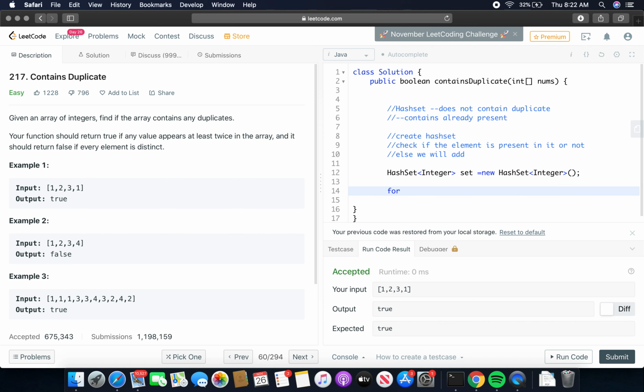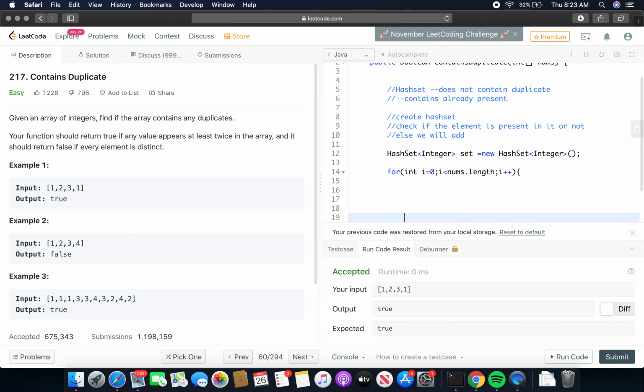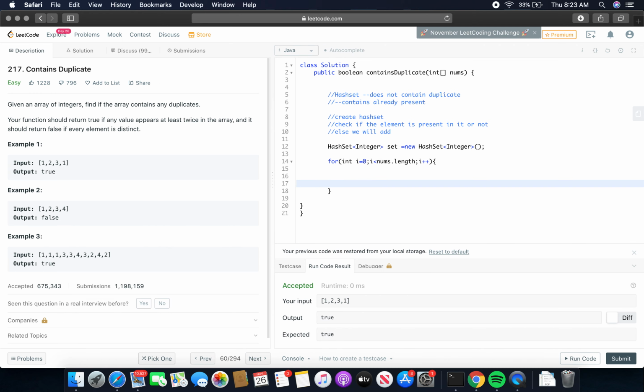Then let's iterate over each element: for i = 0; i less than nums.length; i++.